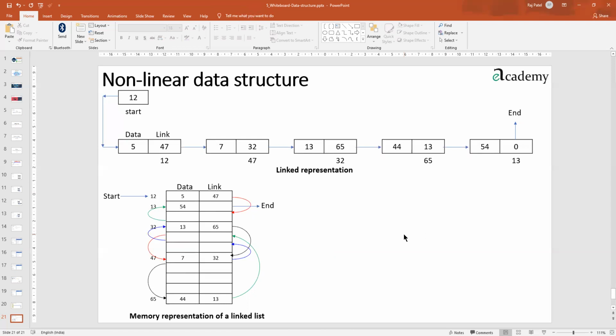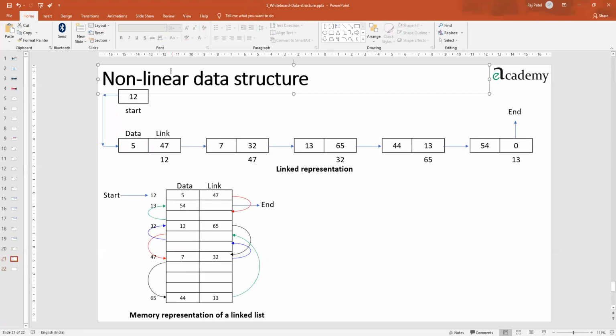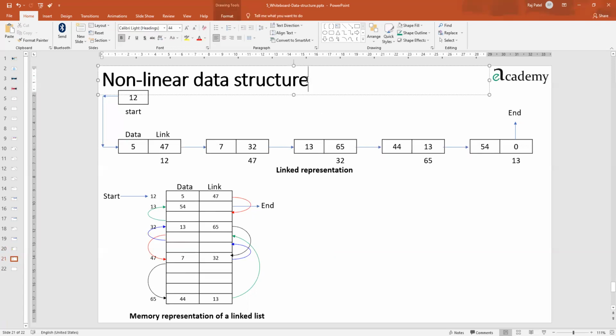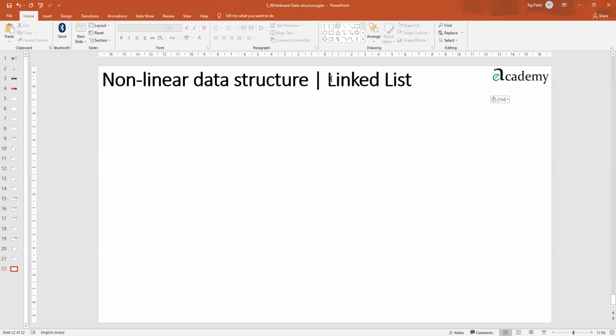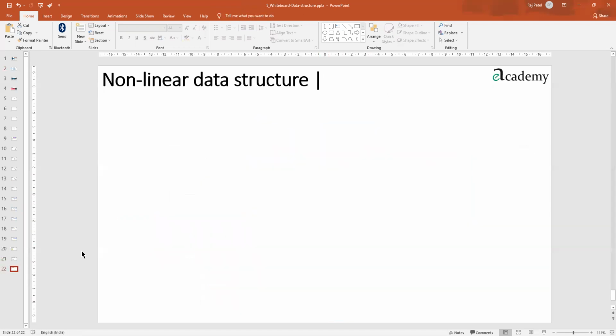Okay, yes. So moving on further, what next do we have? We have one more non-linear data structure also. Where is that? I wrote something here. No, it has gone. Linked list. Okay. Another one is, as I have shown in the first lecture itself, you can see this particular tree structure which is available, in which everyone has the parent and child hierarchy. That is the other one.